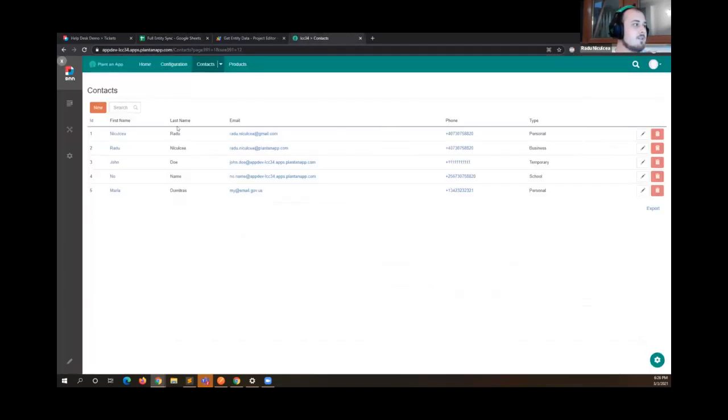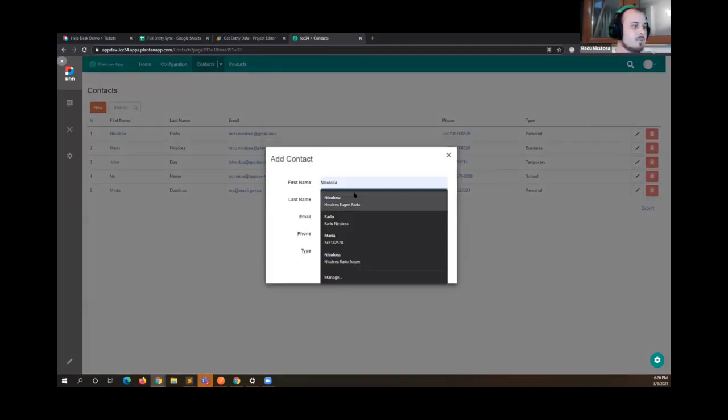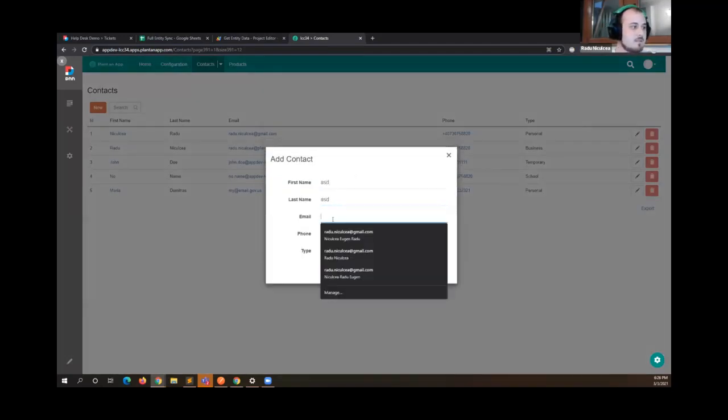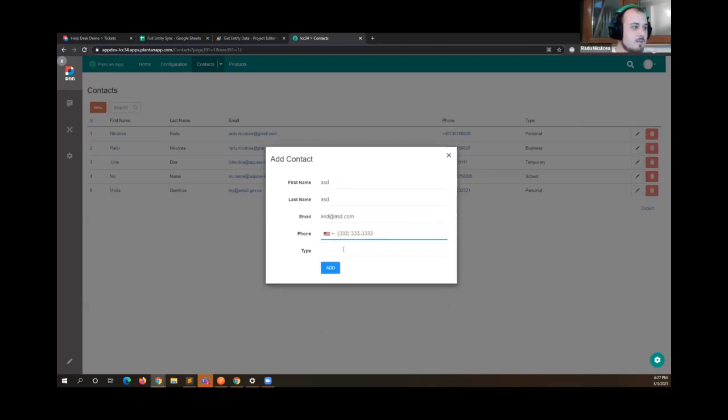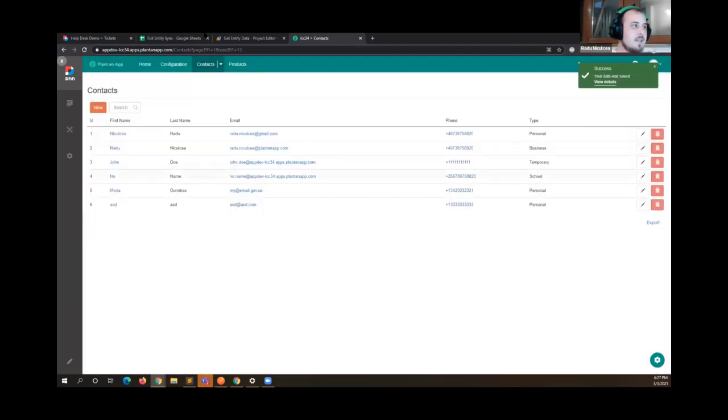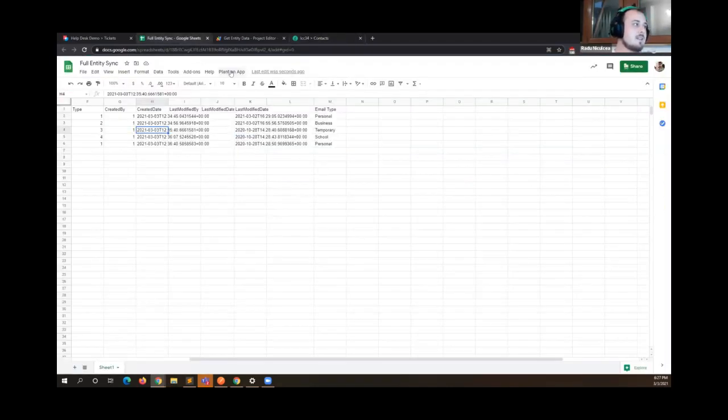And if I want to, for example, create a new contact, I can do that really quickly. I'm just going to put something that we can find easily. 333. Okay, and I'm going to put in personal. So I can click add, and now again the same thing. Under the Plantain app item in the menu, I can say refresh contact, or I can refresh the whole page, the whole tab, and it's going to pull in the new information. So a new entry should appear. Exactly, a new entry appeared here